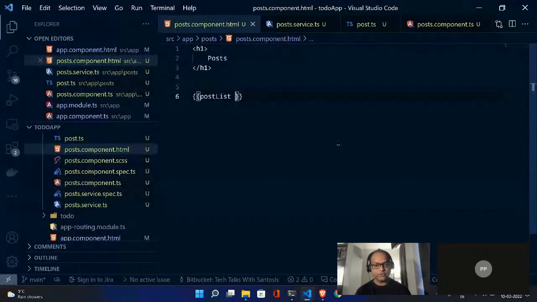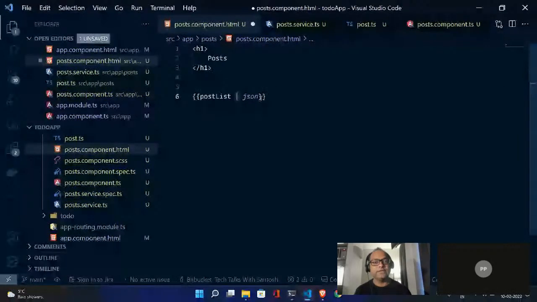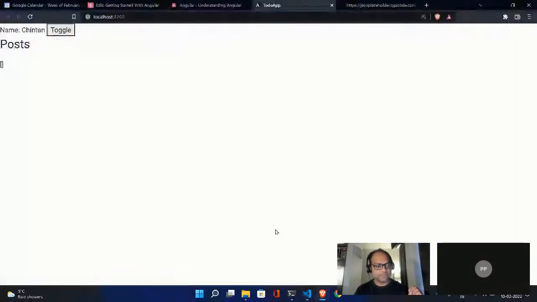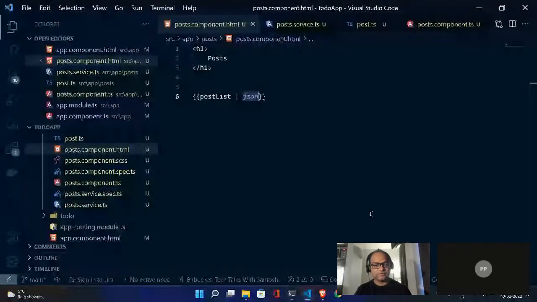So here you can adapt this by using a pipe, this symbol, and this is a utility which exists, which is really useful for debugging, as it will tell you how the data looks like. So this is the data. This is how my data looks like. Generally, just use it for debugging purposes. Don't use it in production. Of course, this will look really ugly in production, right?